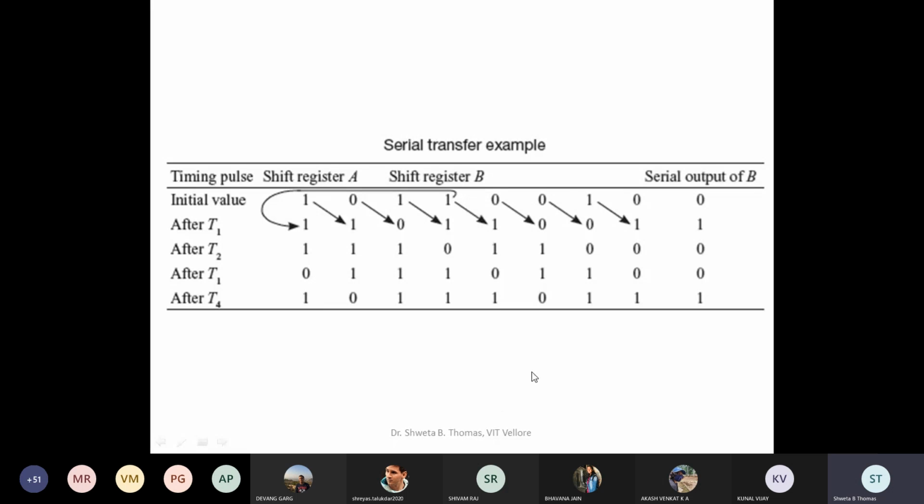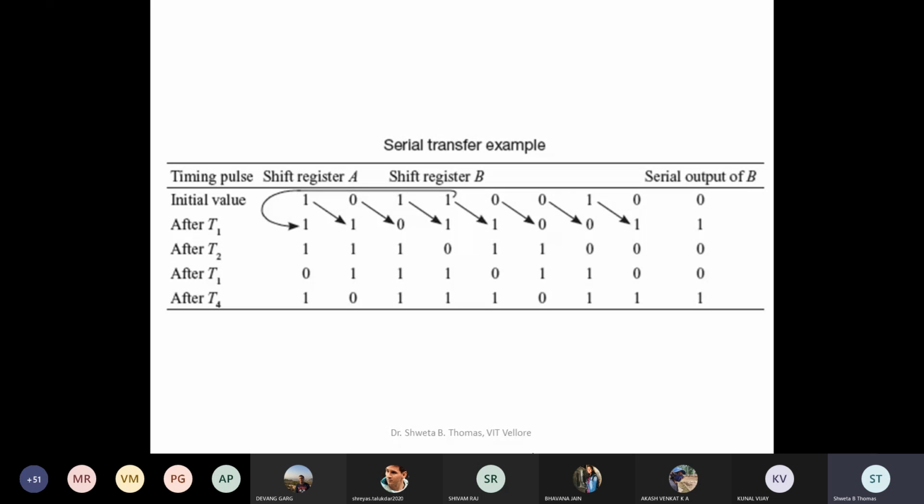Got it? You can ask if you have any doubt or confusion in this. Students, your concept should be clear here. Here we have taken only two shift registers. Suppose we have n number of shift registers, then also this will go on again and again. But no need to focus on that, just take this as an example. Any doubt, any confusion here? Yes or no? No. Fine.